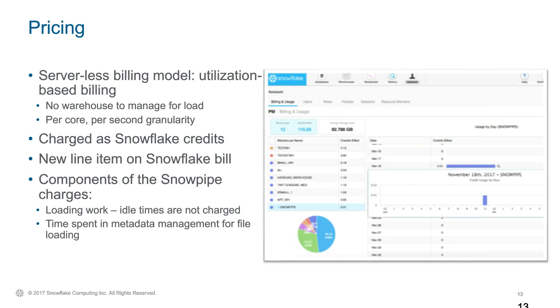To keep in mind here, from a billing perspective and pricing perspective, nothing really changes substantially. We would charge you in Snowflake credits, and whatever credit price applies to you and your specific account, that would also then carry forward into the price that you pay for Snowpipe.